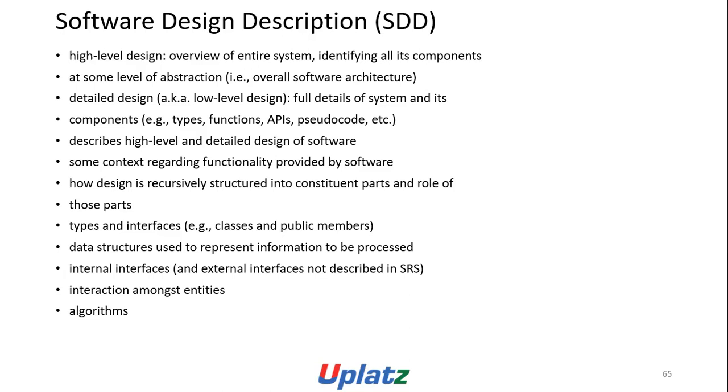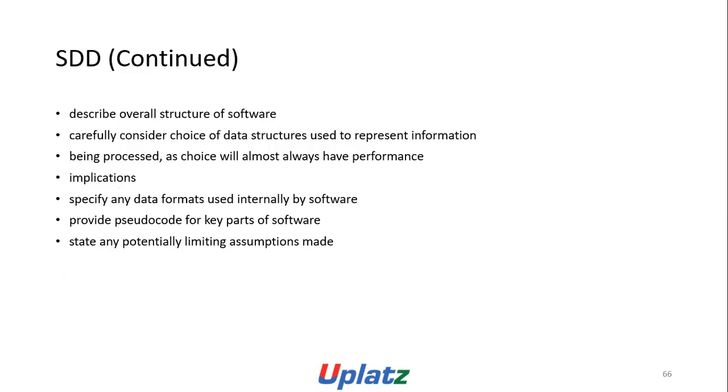Types and interfaces, for example classes and public methods, data structures used to represent information to be processed, internal interfaces and external interfaces, described as interaction among entities, and algorithms. Describe the overall structure of software. Carefully consider the choice of data structure used to represent information being processed, as the choice will almost always have performance implications. Specify any data formats used internally by software,